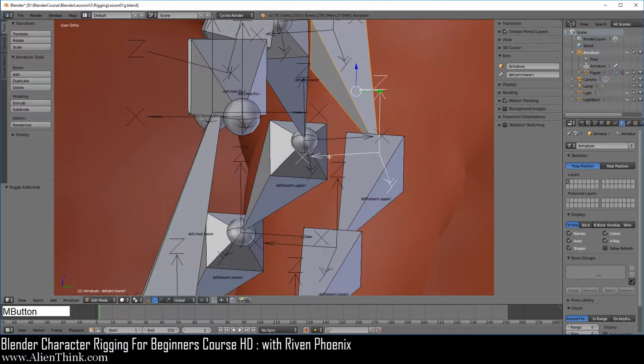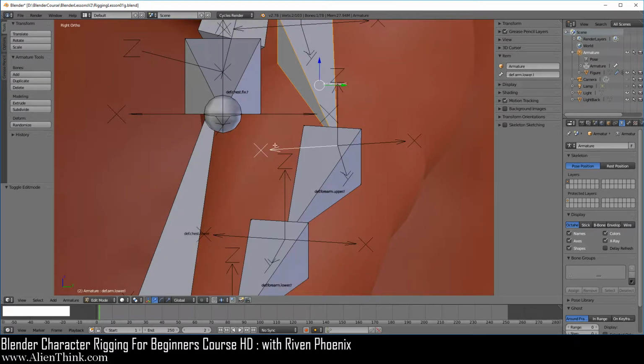If you do the middle mouse button, the other axis belongs to the other bone on the other side. Press the 3 key. Here you can see that whenever you see this white axis, it means it's not overlapping the axis on the other side. Because bones, when they are mirrored, can only be rotated, the axis that belongs to the other bone is actually this one over here. And you can see that the z-axis is showing up as white. I'm sorry, it's showing up as black.